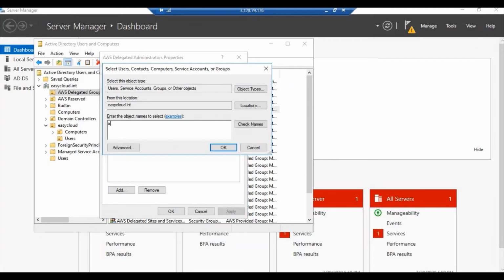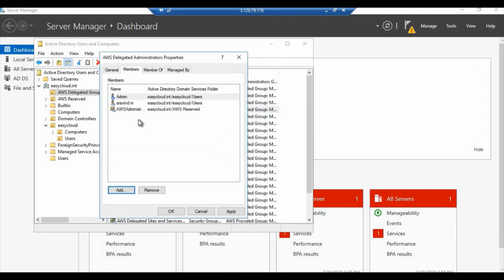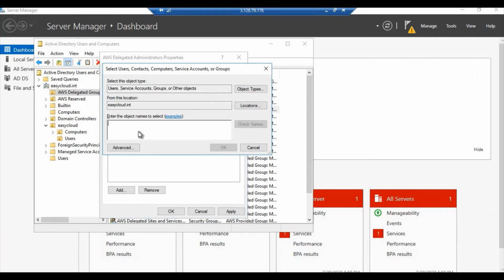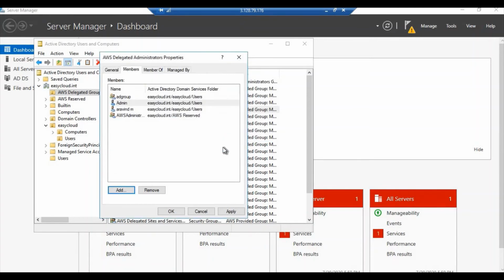Here we'll be adding our user, and also we'll be adding the group as well, that would be AD group. Okay, so we have added both. So this particular group or user will have the admin access now.